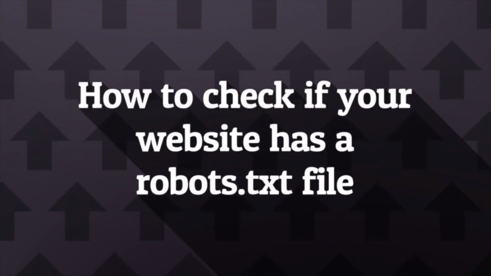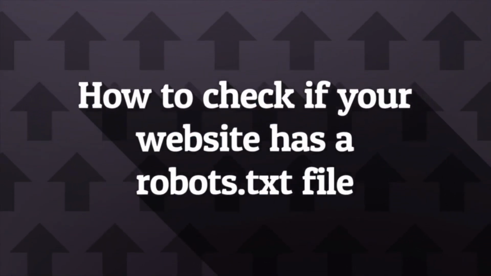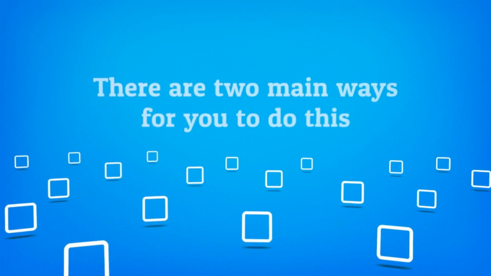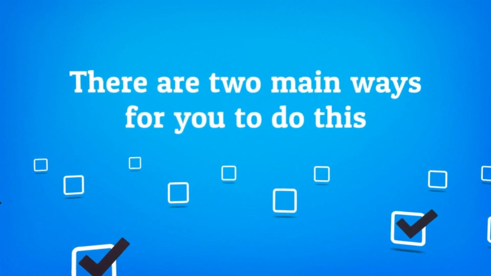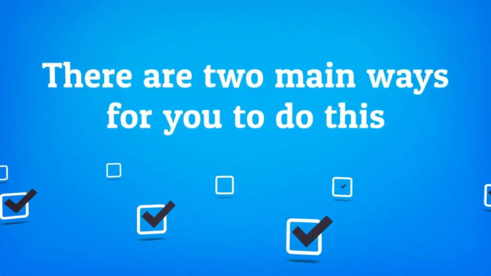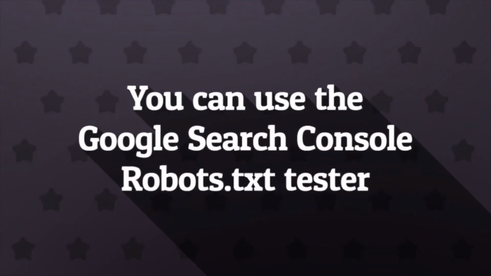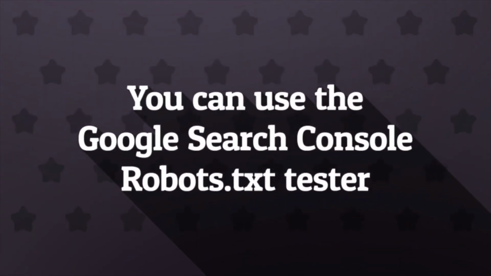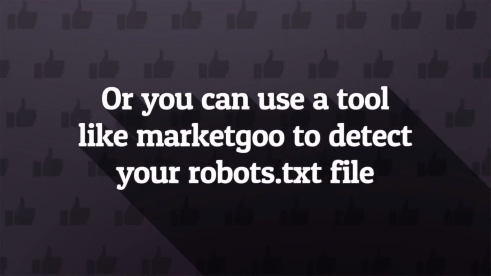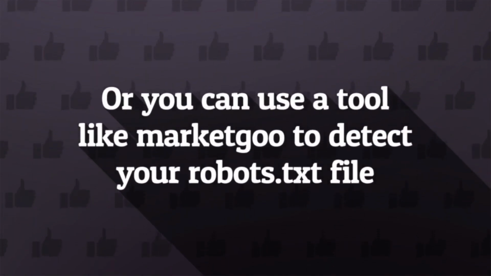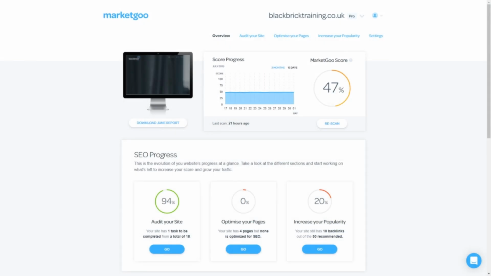How to check if your website has a robots.txt file. There are two main ways for you to do this. You can use the Google Search Console robots.txt tester, or you can use a tool like MarketGoo to detect your robots.txt file. To check whether your website has a robots.txt file via your MarketGoo account, simply log in and then